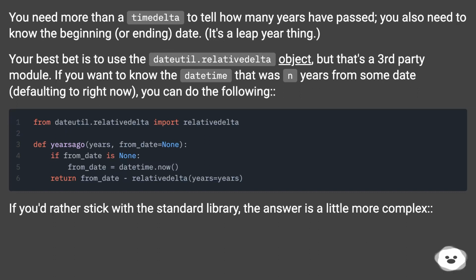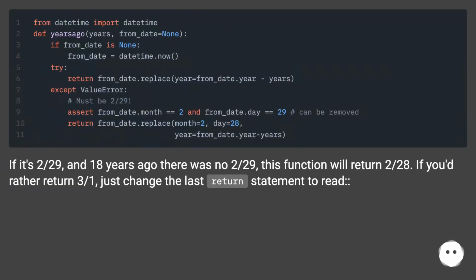If you'd rather stick with the standard library, the answer is a little more complex. If it's 2/29, and 18 years ago there was no 2/29, this function will return 2/28. If you'd rather return 3/1, just change the last return statement to read: